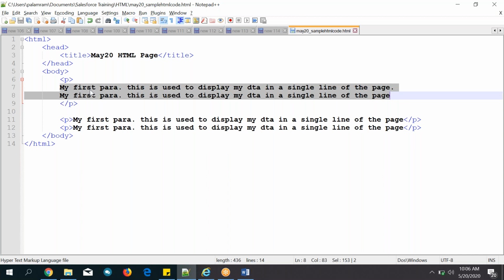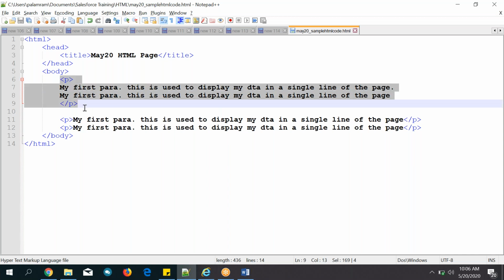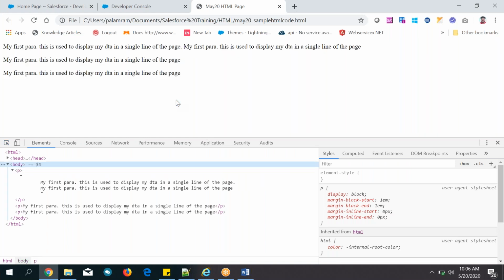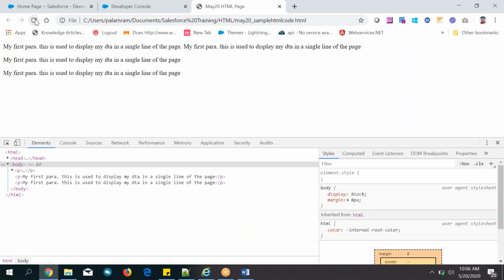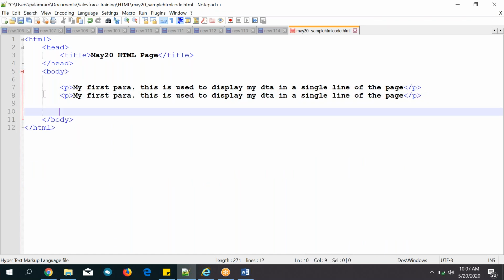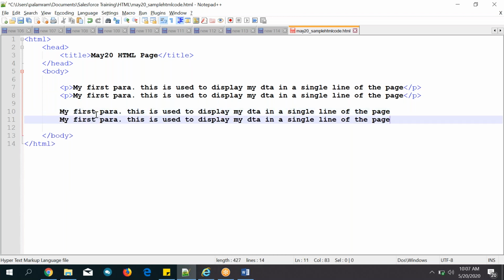That's it. Now let's see the difference between the paragraph and the break. This is the paragraph, right? Let's go down and write the same kind of text two times.